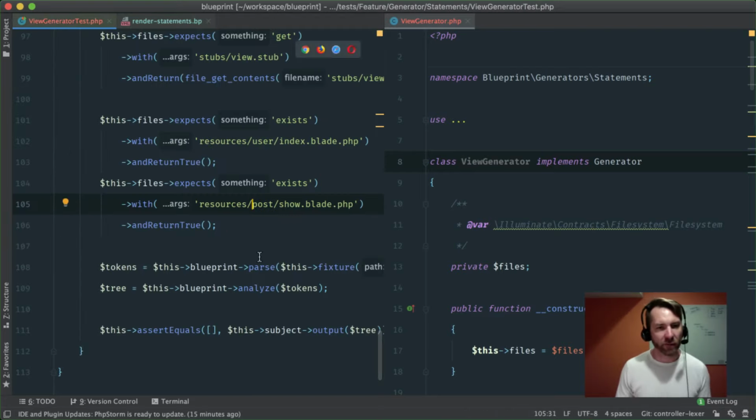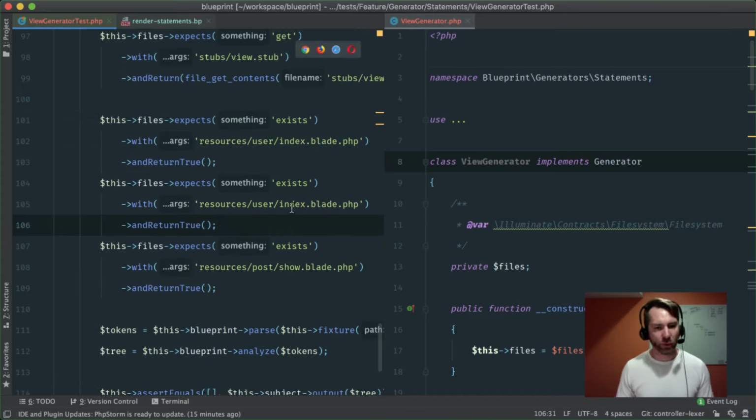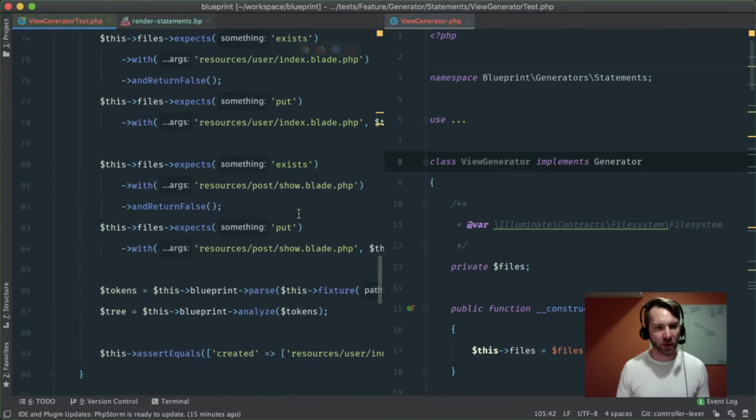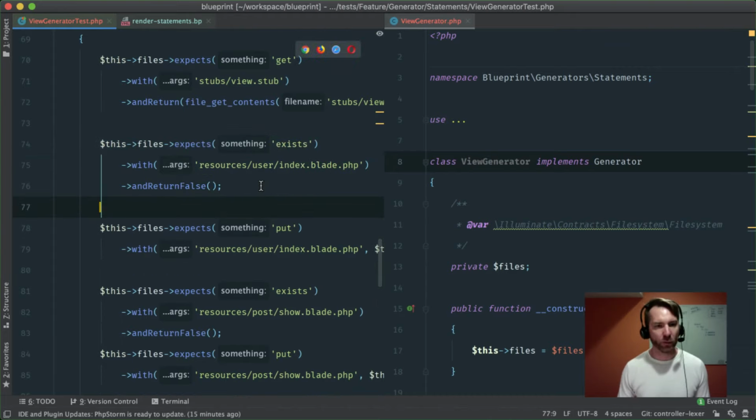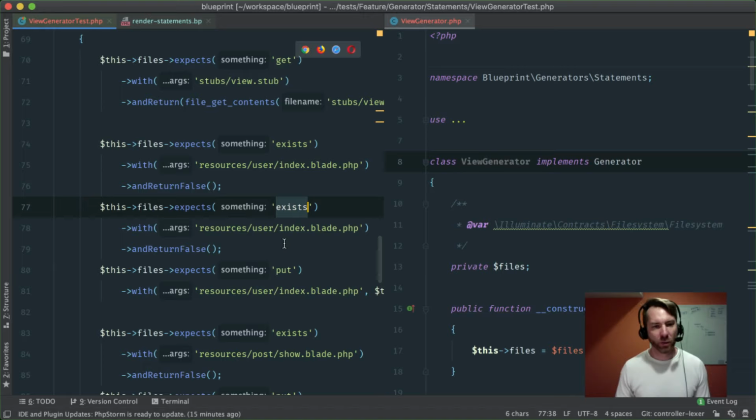So I think that gives us enough. So let's make another one of these. We'll return true here. This shouldn't be that big of a deal. We'll call that create. So that should be our only. And then down here, we'll need to make a few versions of these. So we should be able to say something like show and